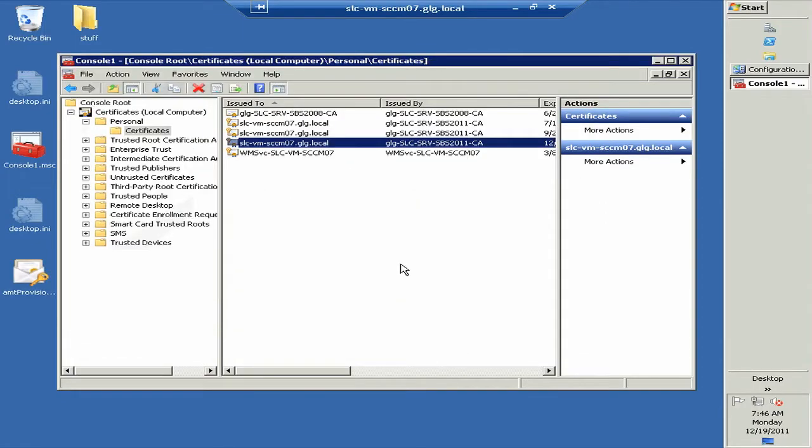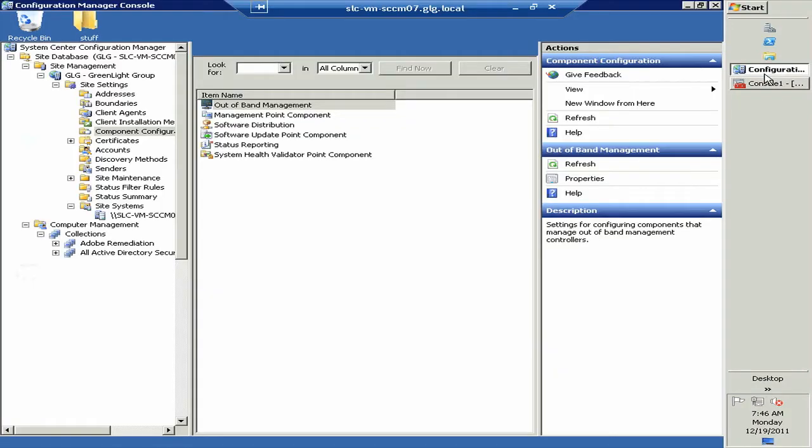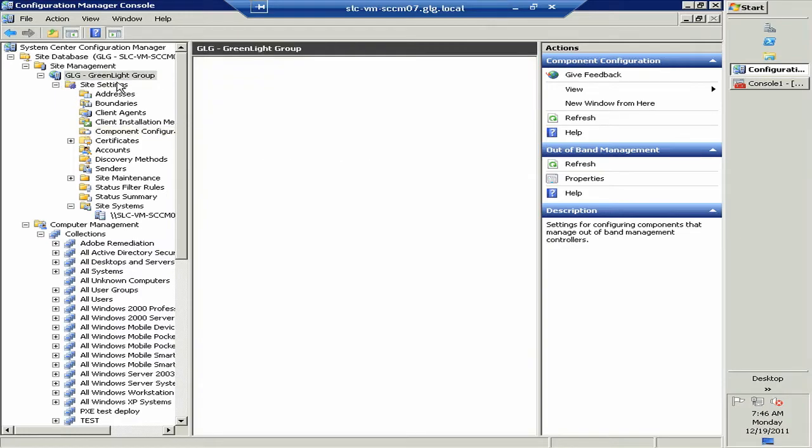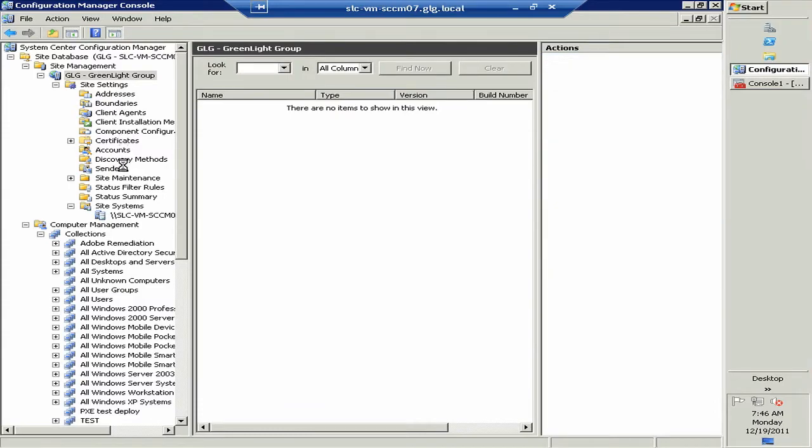Okay, so that's successful. Now we need to import this into SCCM so that it will present it to the AMT machines when they try to be provisioned. So in our console, we come to site database, site management, our site, in this case is Greenlight Group, and come down to